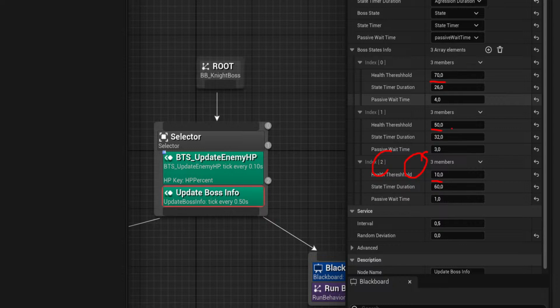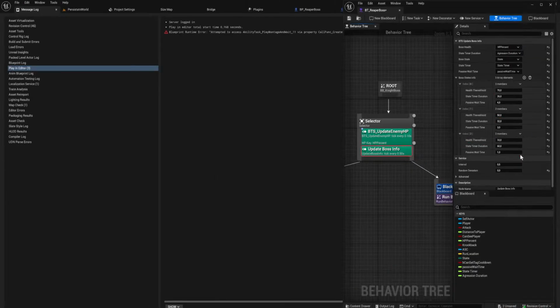So it's going through all of these, and it's then first going to check like, okay, are we above 70%? If so, we're going to use these values. If we're below 70% rather, we're going to use these values. If we're below 50%, we're going to be using these values. Below 10%, we use these values, right? So that's what it's trying to do. That's what I'm trying to do, I should say, because clearly that's not what it is doing.